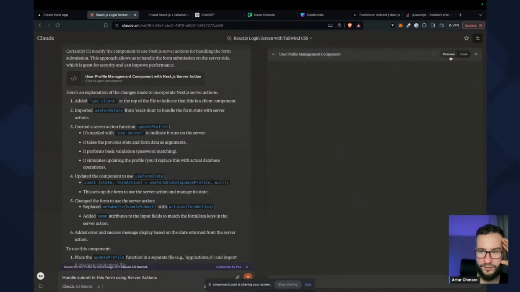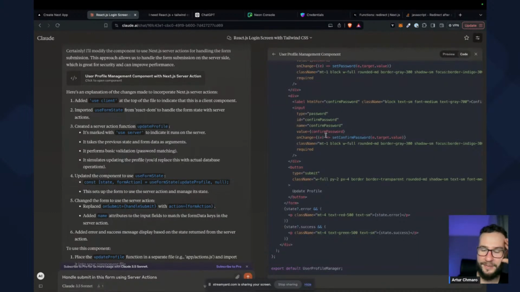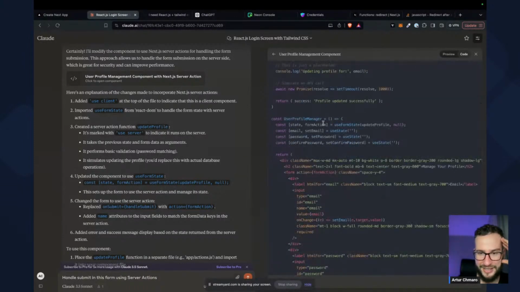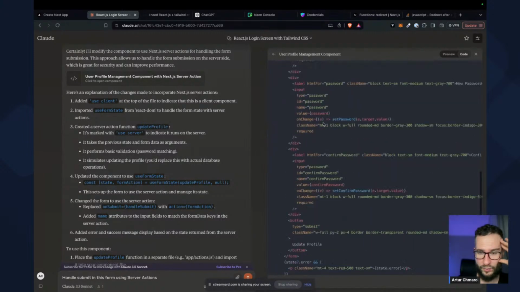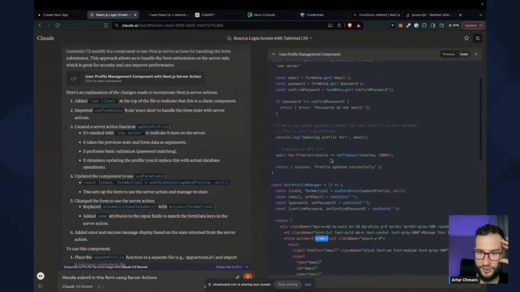If we see preview, I think it will break. Yeah, so unsupported libraries or icons detected. The generated code includes unsupported libraries, React DOM. So as you can see, these tools still are, with a bit more complex stuff, not really working as they should, because we have form action,